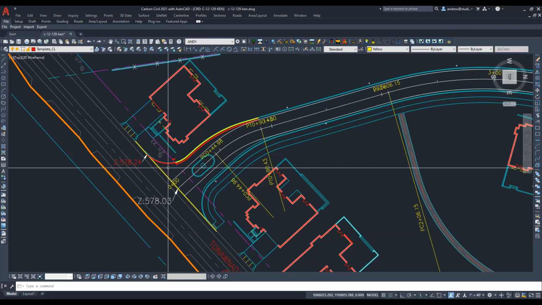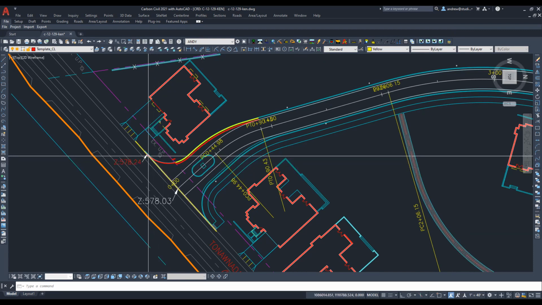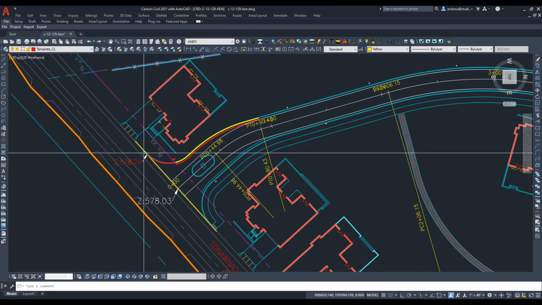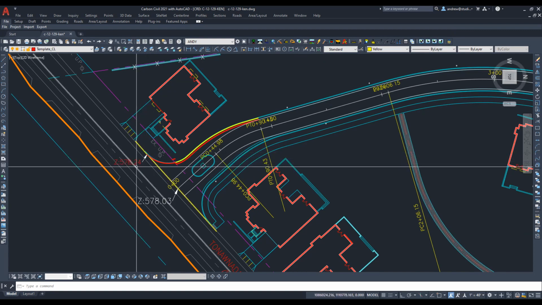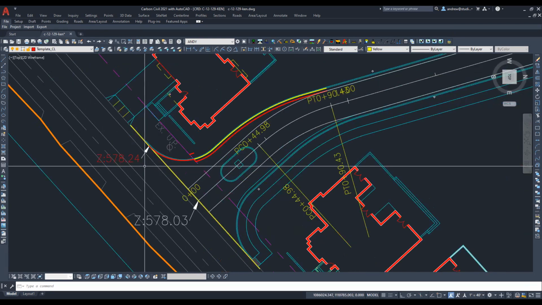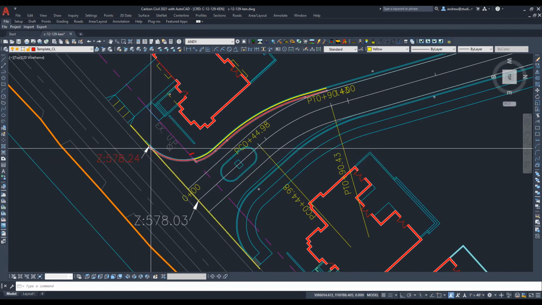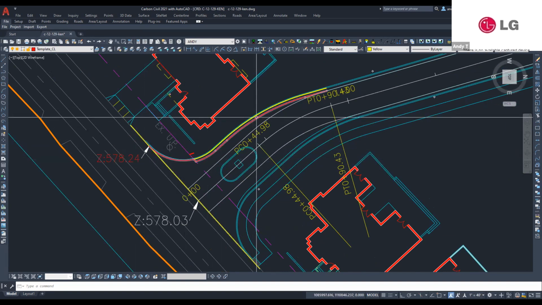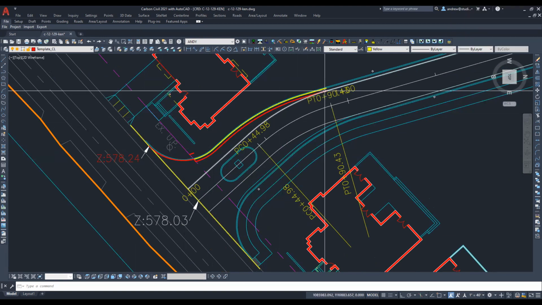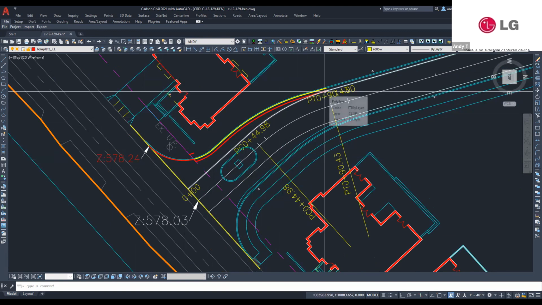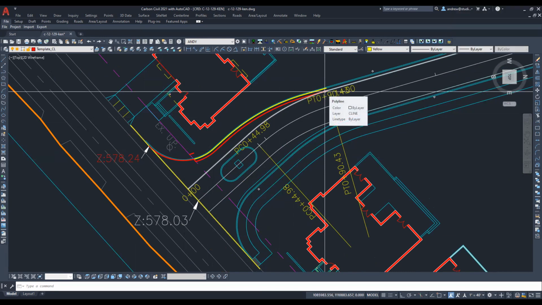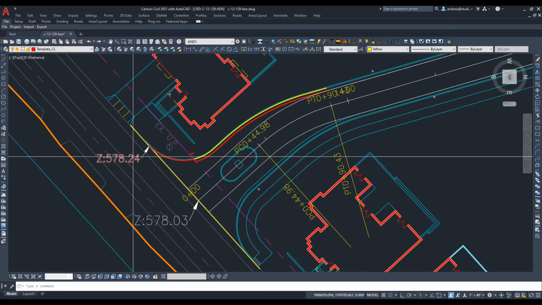But what we might need to do is come up here and find where it comes back into this original road, and find out what that elevation needs to be. It looks like it's something like 578.24, and we're going to make a little profile going from that point, and we could take it all the way up to here if we wanted, and just linearly change elevations between those two points along that path, or we could start at this